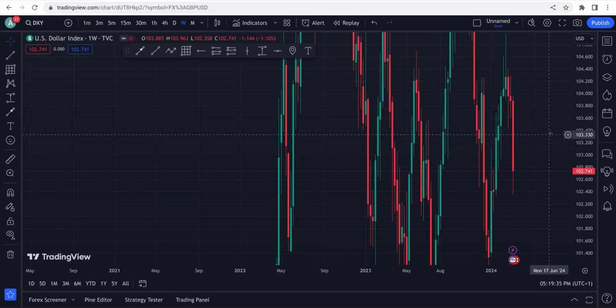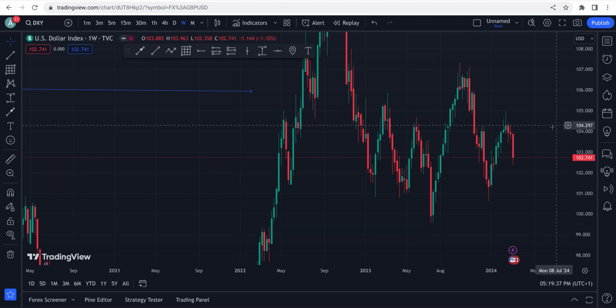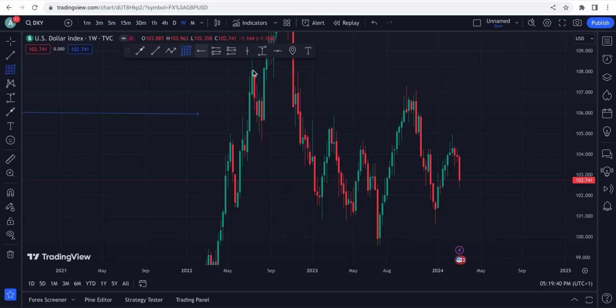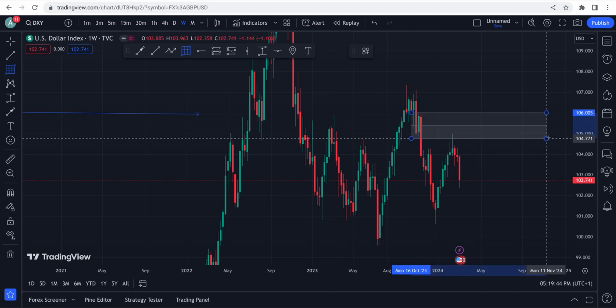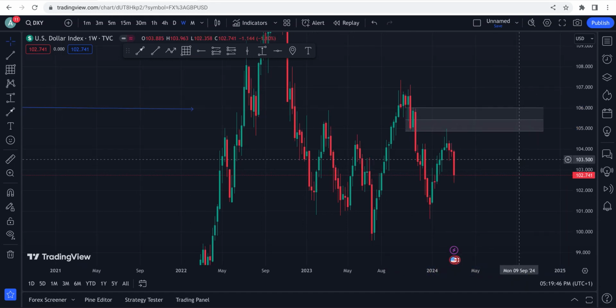We are currently on the weekly time frame and we are on DXY. Check if you see something on the weekly time frame. You have this supply zone here, and it has been retested but not fully retested because we are on the weekly time frame. I call it top-down analysis: from the higher time frame to the medium time frame and to the lower time frame. So we're going to do this analysis from the weekly time frame to the daily time frame to the H4 time frame and to the hourly time frame.